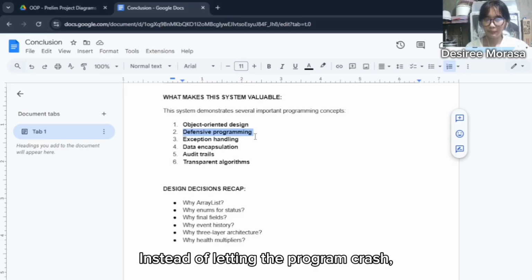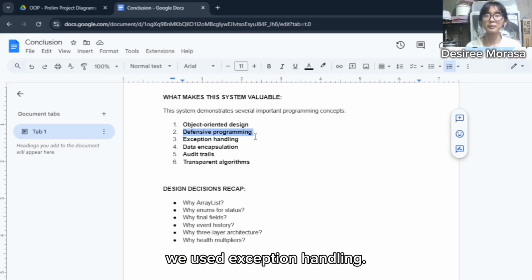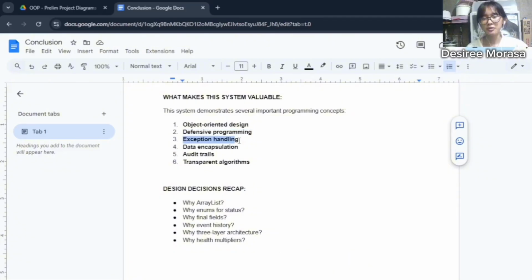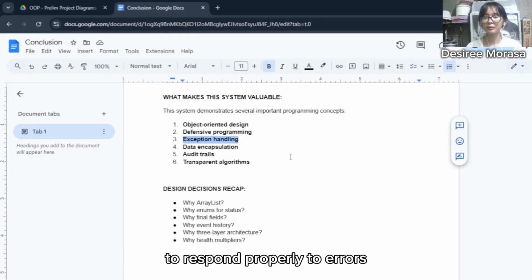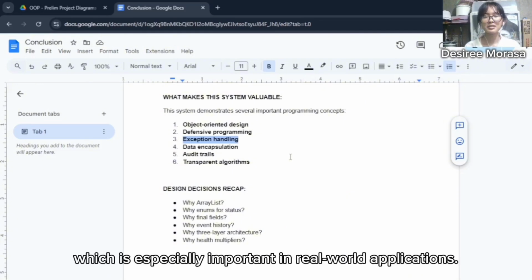And instead of letting the program crash, we use exception handling. This exception handling allows the system to respond properly to errors and give meaningful feedback, which is especially important in real-world applications.